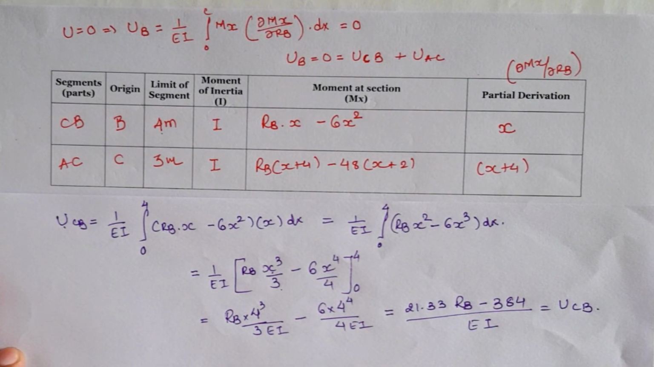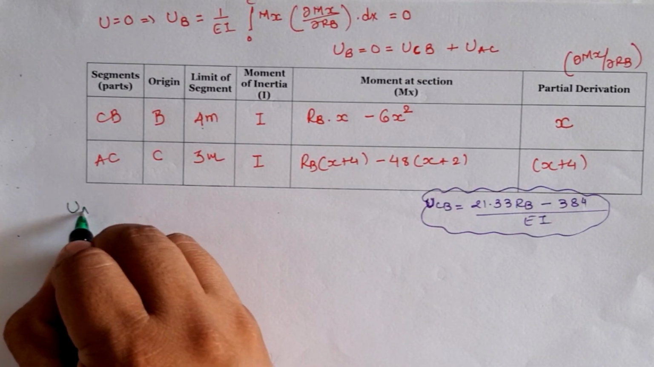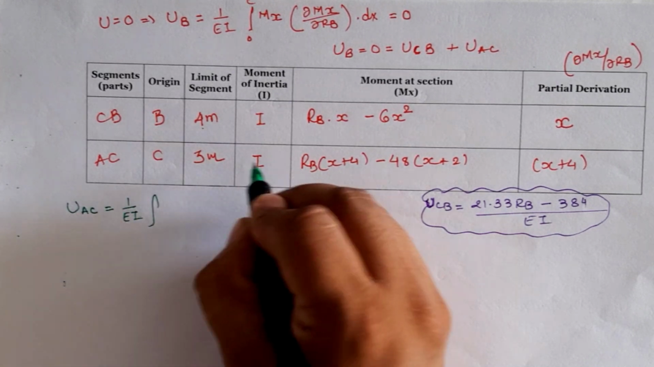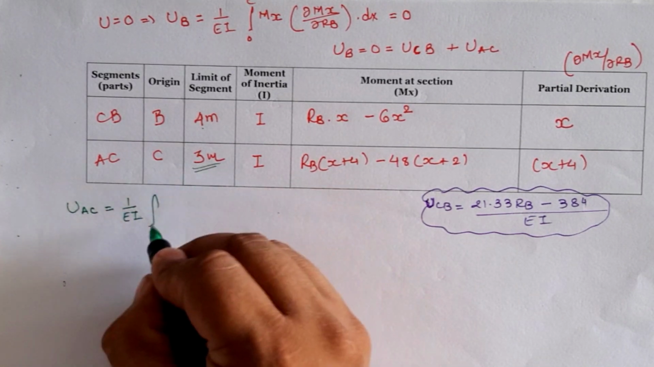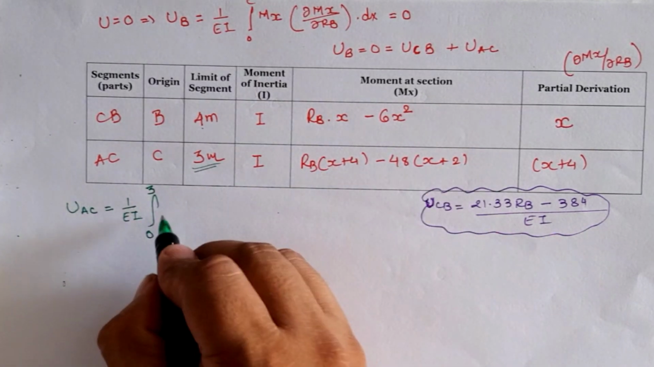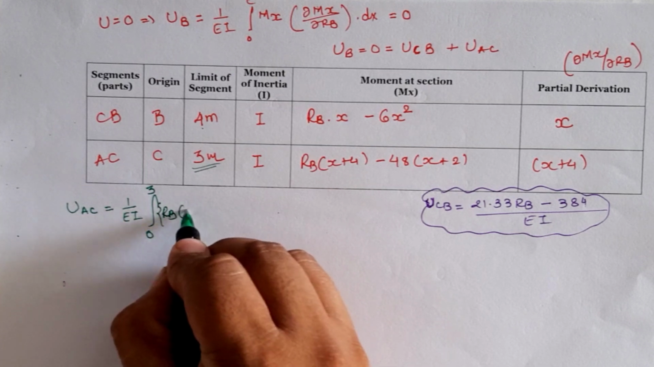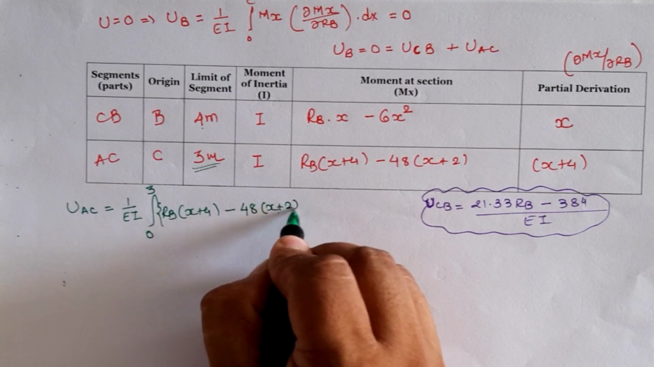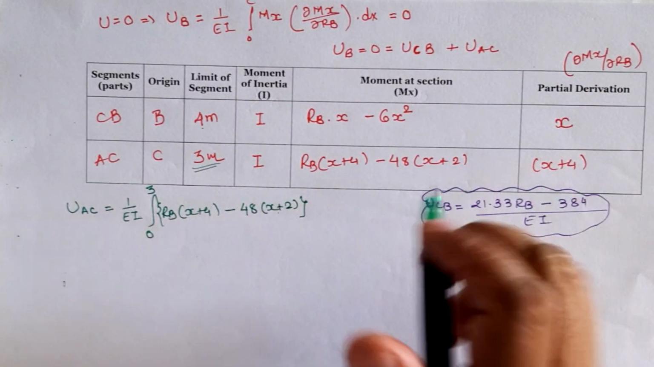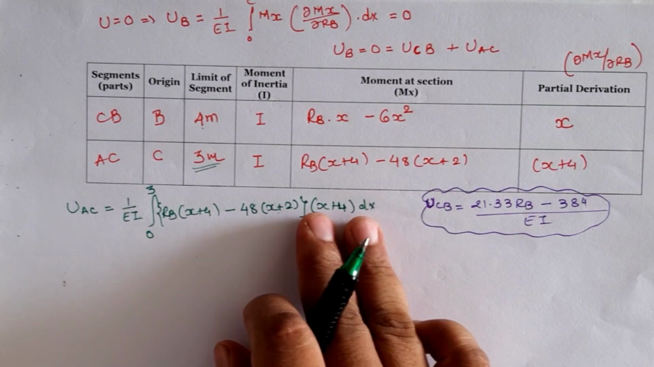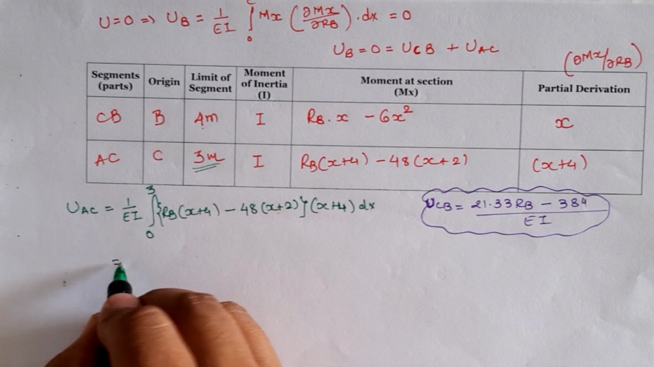Now for A to C segment, we have strain energy in A to C segment, which is equal to 1 by EI integration, limit of 0 to 3 as the segment distance is 3 meter. Now the moment at section is RB into x plus 4 minus 48 into x plus 2, and the partial derivative is x plus 4, dx. Now multiplying x plus 4 with the moment, we have